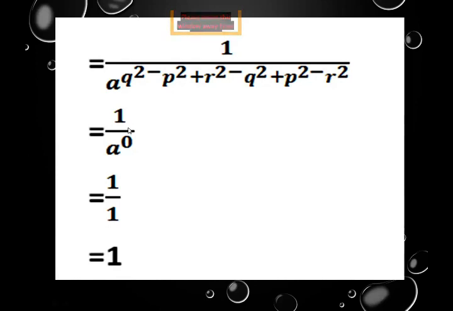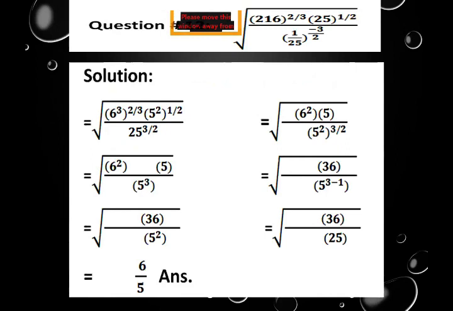And do you know what is meant by a to the power 0, or 0 exponent to any base? Right, you are right. This is 1. So 1 over a to the power 0 means 1 over 1. Then ultimately 1 over 1 can be written as only 1. So the answer is 1. Keep in mind, this is one of the solutions. It is not the only solution. The possibilities are so many, but we will get the same answer.